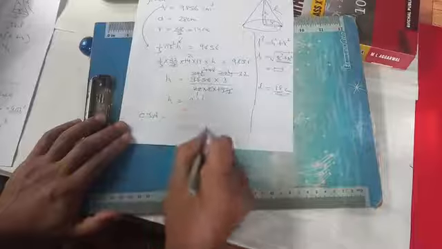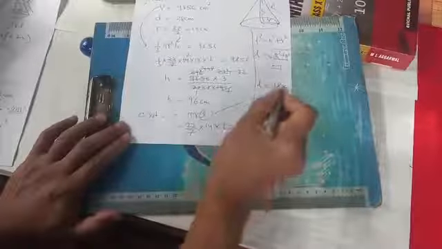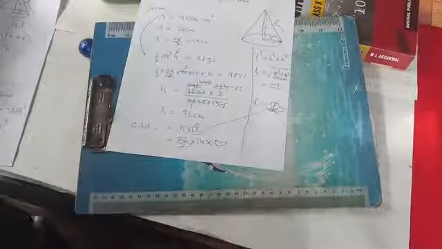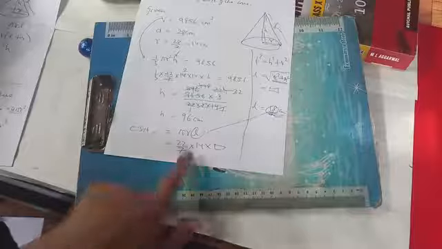So pi we got 22 by 7, radius you got 14, and L you have to put here whatever. This 18 is not correct, I'm just giving it as an example. So you put the value of L here, cancel it and multiply. That will be the curved surface area of the cone, and it will always be in square centimeter